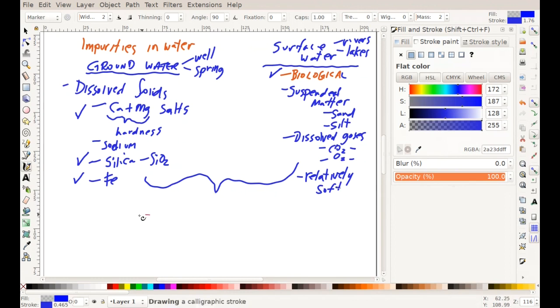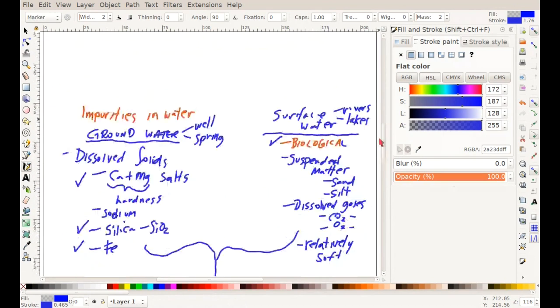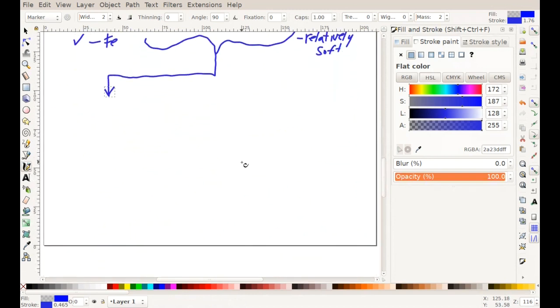So how are we going to treat it? Let's say, first of all, we've got water that's from the ground. The groundwater, we know, is going to have the silica. The groundwater is going to have hardness in it. So what we need to do is basically our first steps,